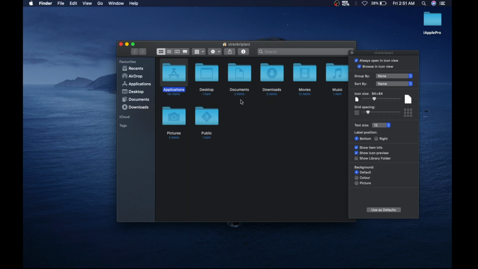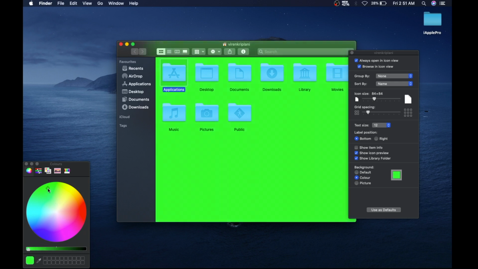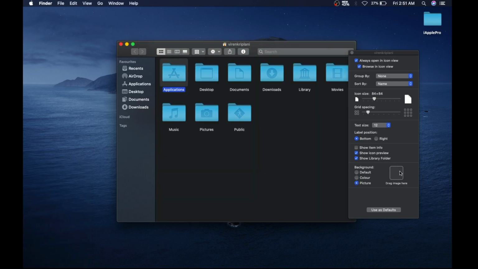It will show that how many items are available in the particular folder. And you can also select to see the library folder. Then you have option to change the background of the Finder window. You can select a particular solid color from this color bar, or you can select a particular image by dragging the image here. For now, I will keep it as a default.